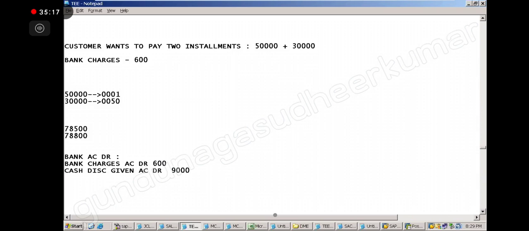Why 900? Because the discount is only on the 30,000. There is no discount on the 50,000. Only the discount is on the 30,000. Now debit, and then credit: customer account credit, 80,000.